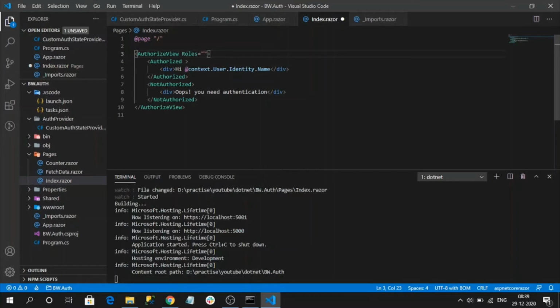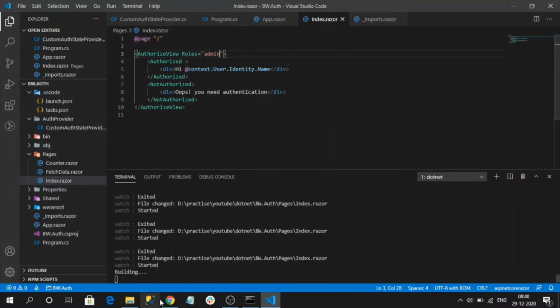Before that, I want to mention that roles are nothing but the user designation, like user is admin, or user is client, or user is super admin. That is his role on our website. So I want to render this block of code when the user is admin. Let me add it as admin. Now test our application.